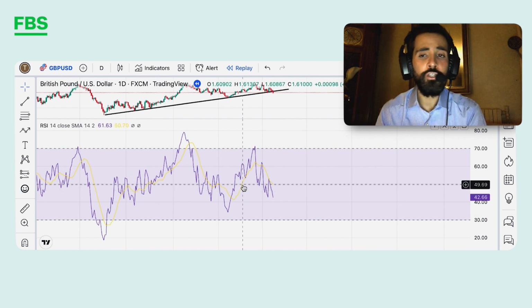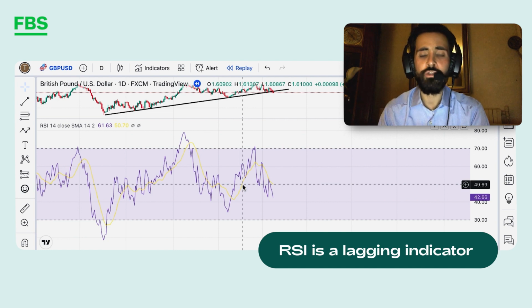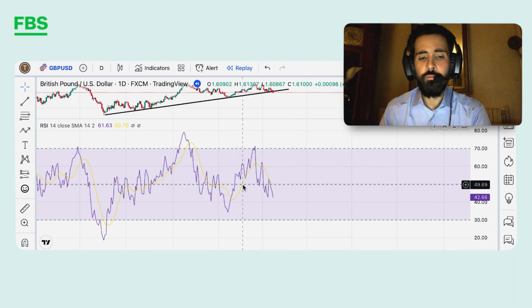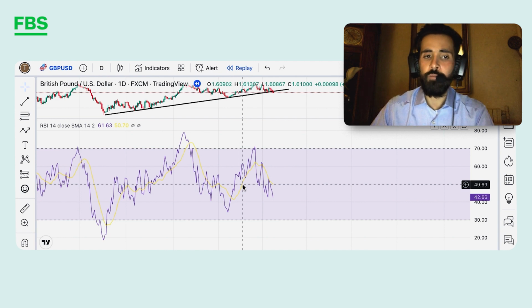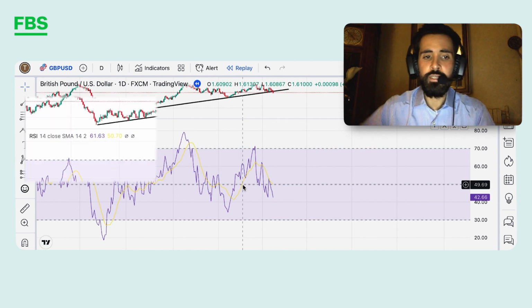Now one thing you need to know is that the RSI is a secondary indicator, so I do not recommend you use the RSI on its own, because following such a strategy on its own will generate a lot of false signals and will wipe out your account balance. So in this video I'm going to show you the best way to use the RSI indicator, but before we get into that,